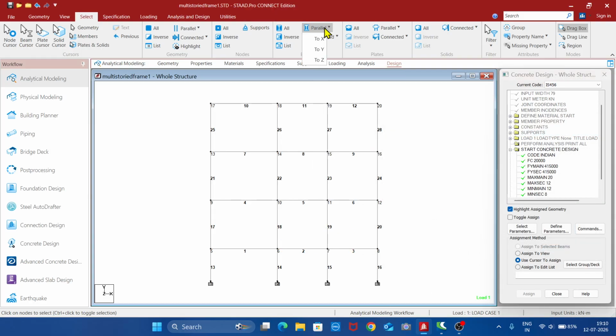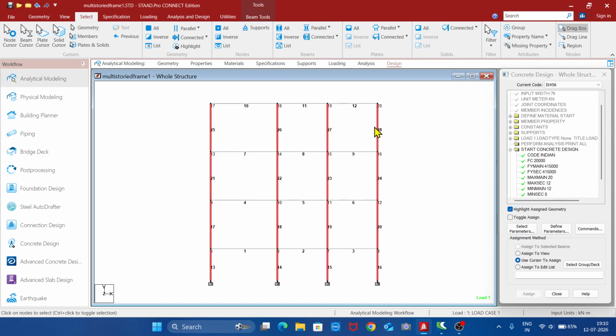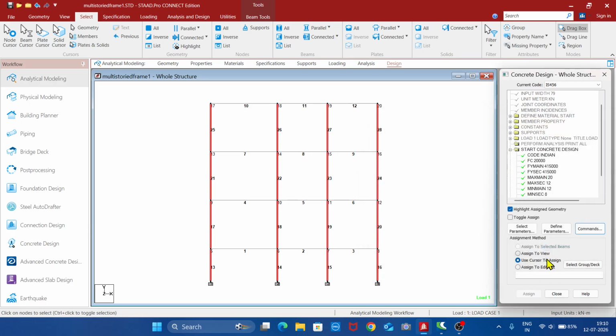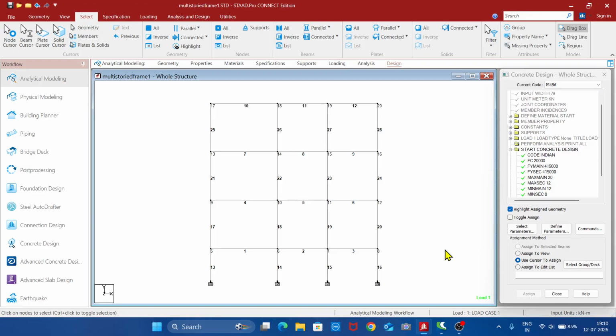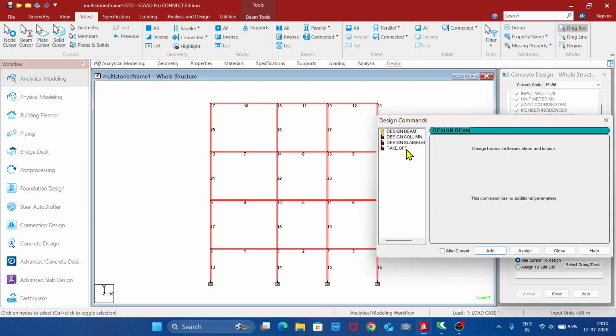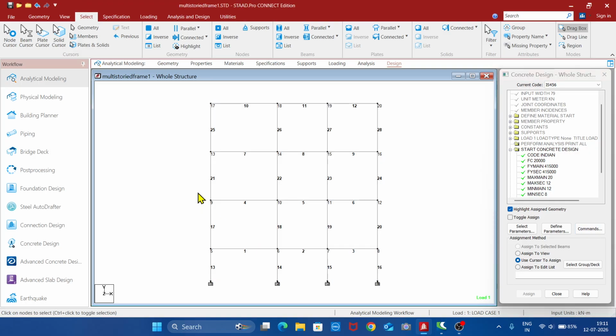So select beams parallel to Y. All the columns will be selected. Click commands. These need to be designed as columns. To design column, click assign. Close. Now select everything by pressing Ctrl A or by window drag option. Then go to commands, take off. Click assign. Close. So this completes the pre-processing, that is development of the geometry of this multi-storied frame, giving the